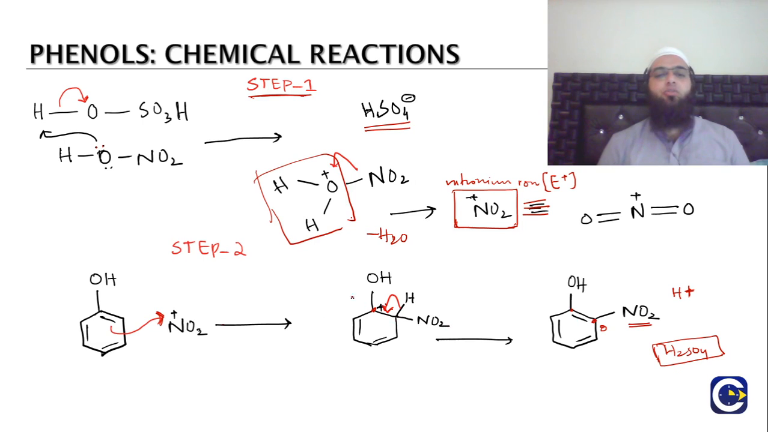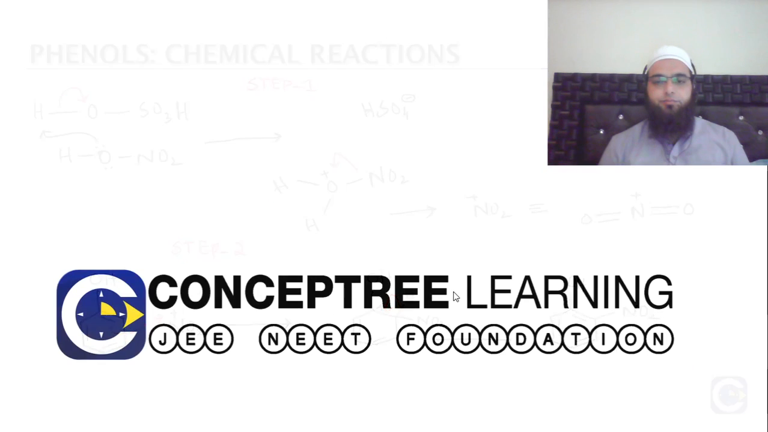A similar mechanism we can show for the para position also. This pi bond will attack the nitro group, and the substitution of nitro will be at the para position, and the same reaction mechanism can be shown. So this was the nitration of phenols, one of the electrophilic aromatic substitution reactions. In the upcoming videos, we'll be discussing other electrophilic aromatic substitution reactions of